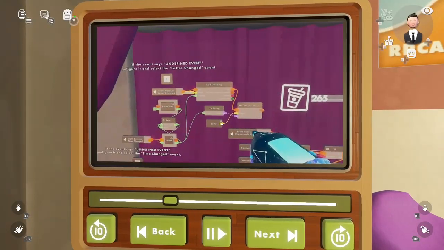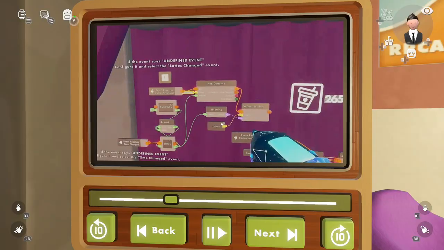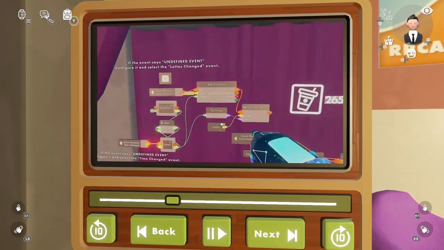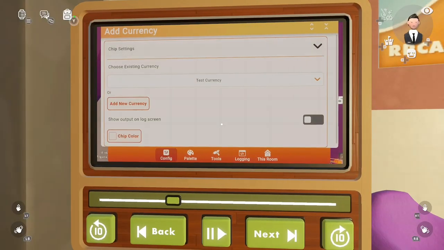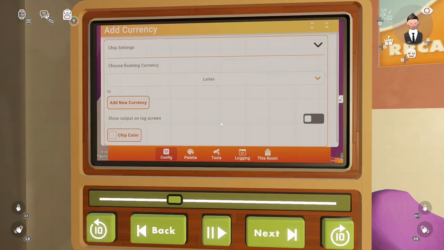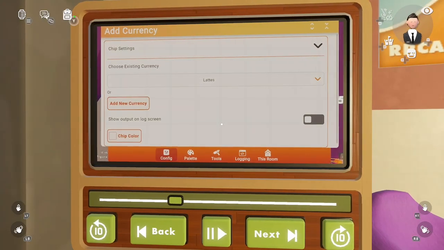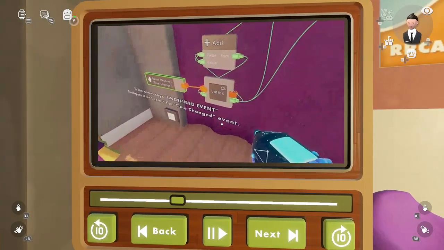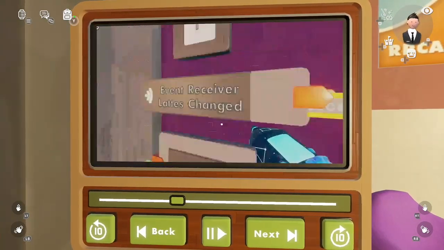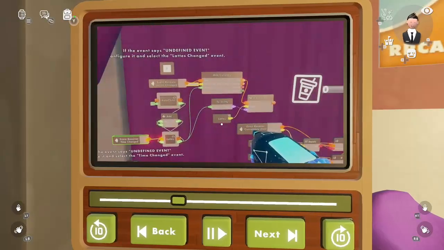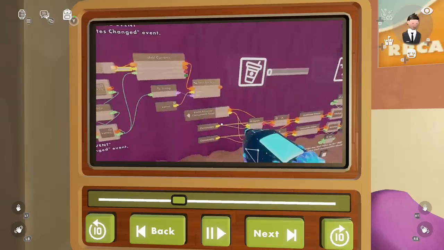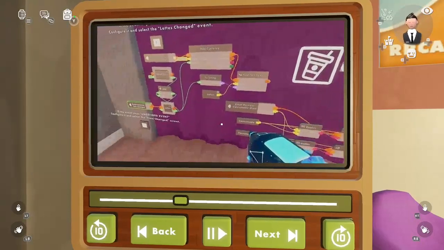One more thing about the add currency chip. You may get an error when you're trying to give a currency. Make sure you configure the chip and select the currency. In this case, let's select lattes. If you spawn this invention, feel free to rename the lattes variable to something else and change the event to match. After we add a currency, we run through a set text chip,